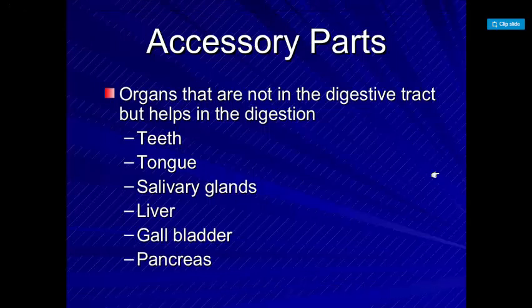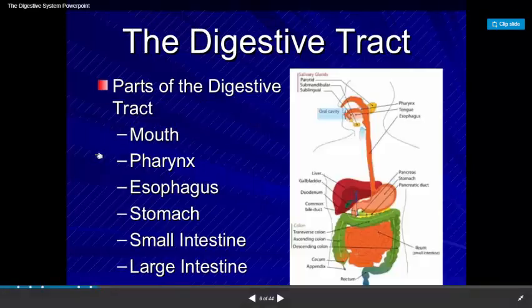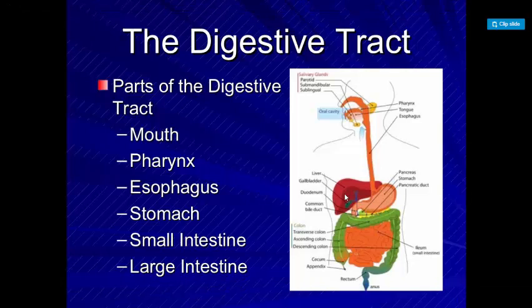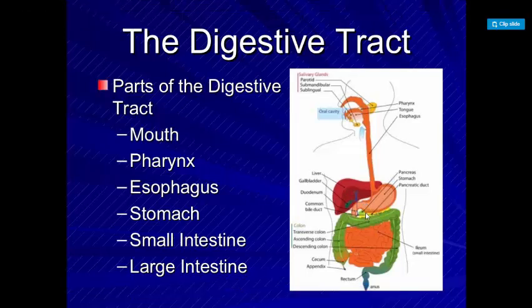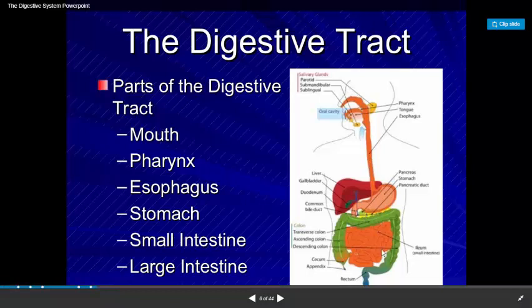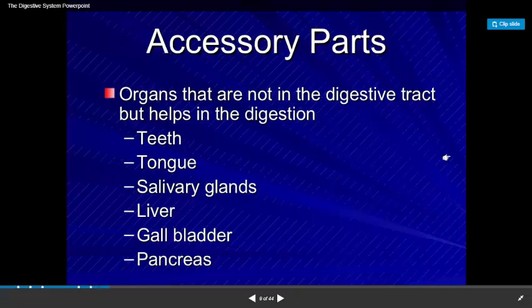What are the organs that are present around the digestive system and help out? Let's get back to the picture. Here we have the tongue and the teeth. Here we have the liver. It is not part of the tract. The tract is the pathway. But these organs are present within the digestive system, and they are responsible for producing enzymes and chemicals to help with digestion. The pancreas, this small organ, is very important to your digestion. So, apart from the tract, which is the pathway of the food, there are organs present around that are also helping within digestion.